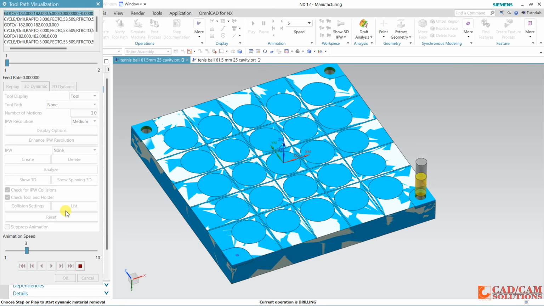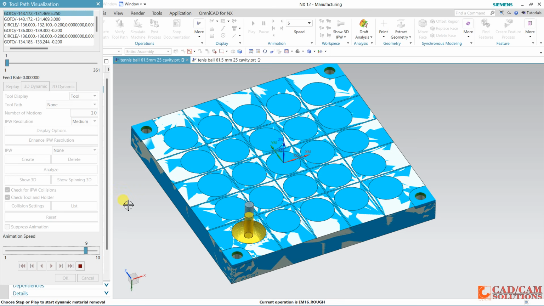Spot drilling. Now roughing. This rest mill and finishing. Now rest roughing. Now rest pocket roughing operation for rest pocketing. So this.